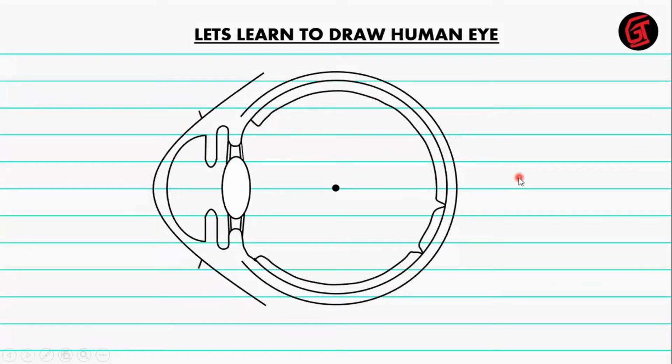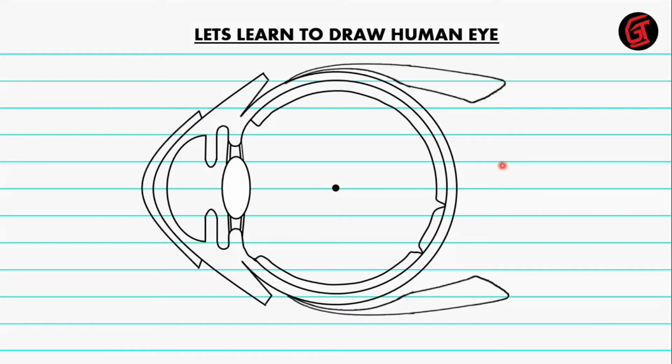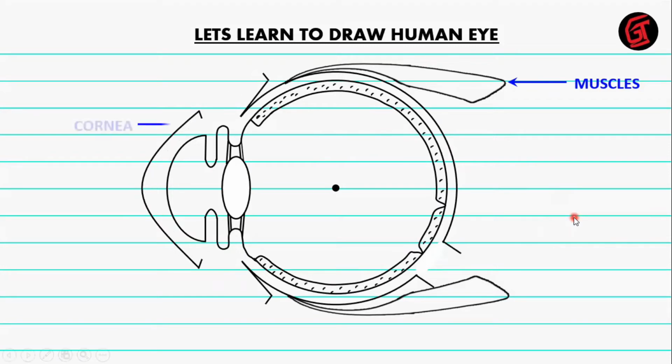So if you see, we have made it simply, step by step. The outer portion of the eye is ready. Now we have to go into all the detailing. This is your muscles which were below also. Make this a dotted line. Then join from below. There should be a muscle below also. There should also be an exit for the optic nerve.